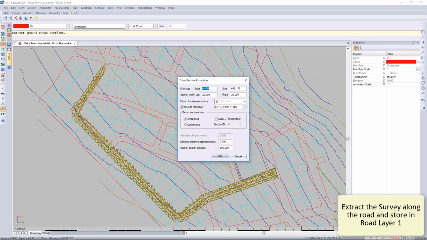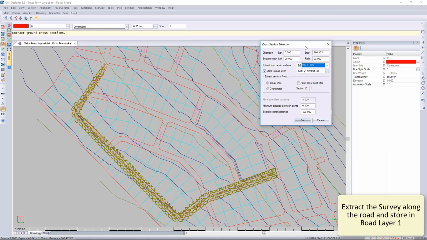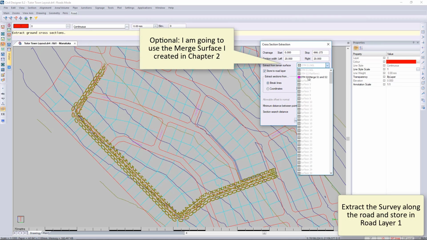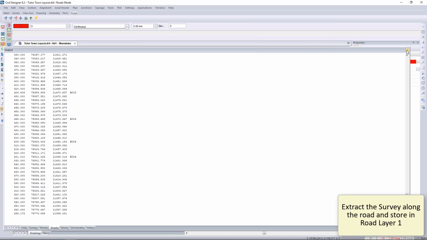We're going to extract the cross sections along that route now, so we're going to go and extract the natural ground. We're going to store that in road layer 1. We're going to have the start chainage to the end chainage, and then you can also start 20 meters to the left or 20 meters to the right. Sometimes you probably want to do 50 meters left, 50 meters right. So let's